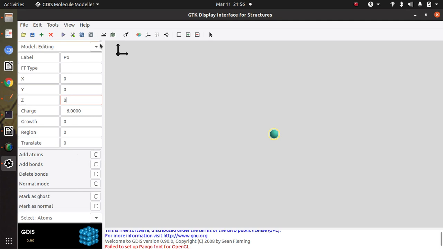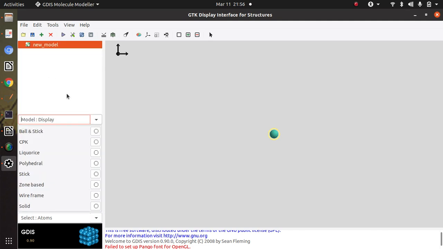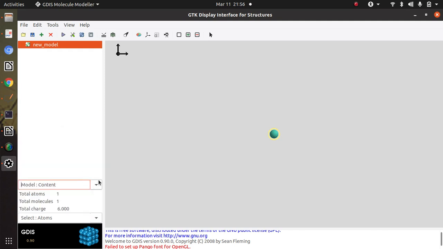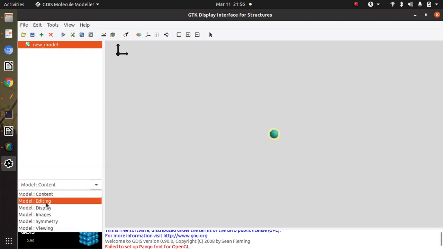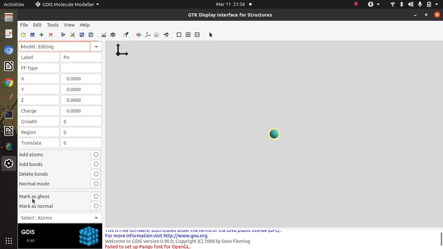Then I come back to the model editing, to the normal mode. These are the coordinates of this polonium atom, and it is placed at the origin. Now I will confine this atom in a small box.